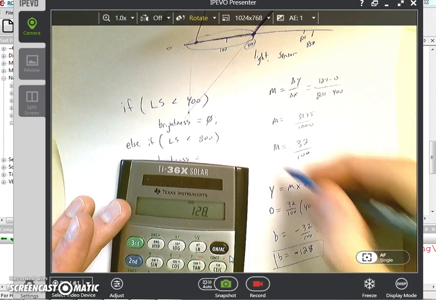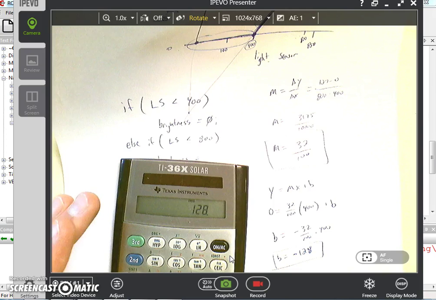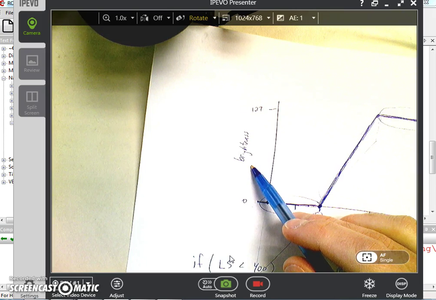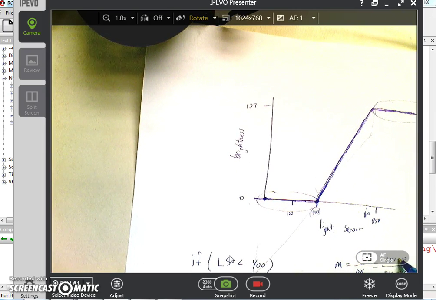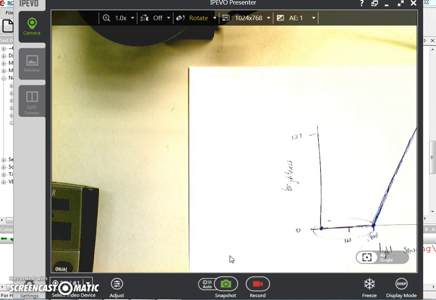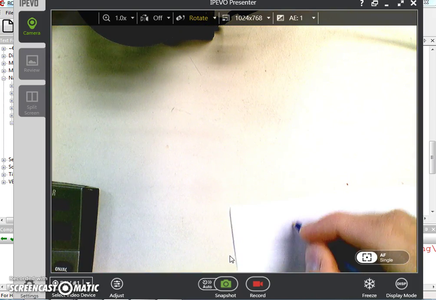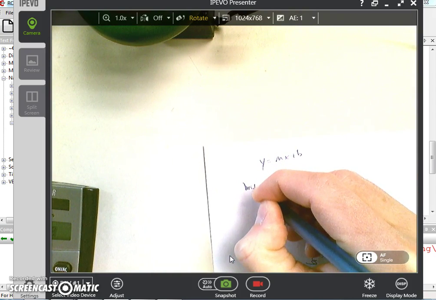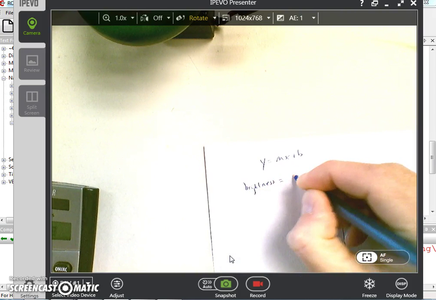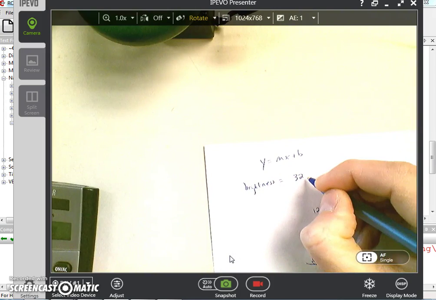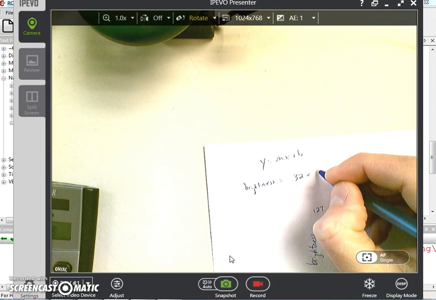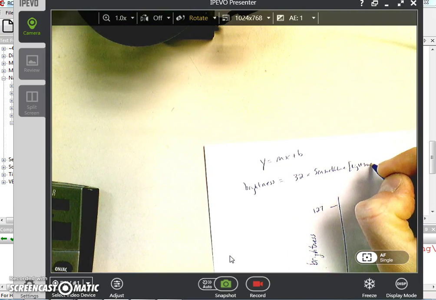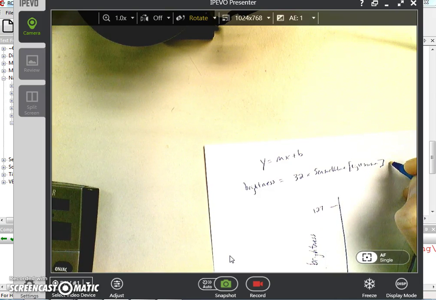So now I have all of the things I need for my equation. Y is equal to the brightness, that's on my y-axis, and x is equal to my light sensor value. So my equation is going to end up being, if I look here, I've got y equals mx plus b. So I have the brightness is going to be equal to 32 times the sensor value of the light sensor divided by 100